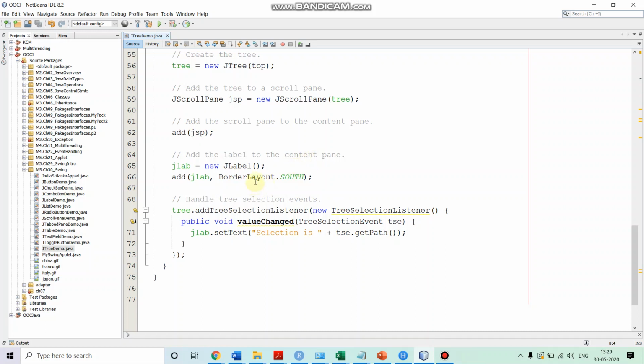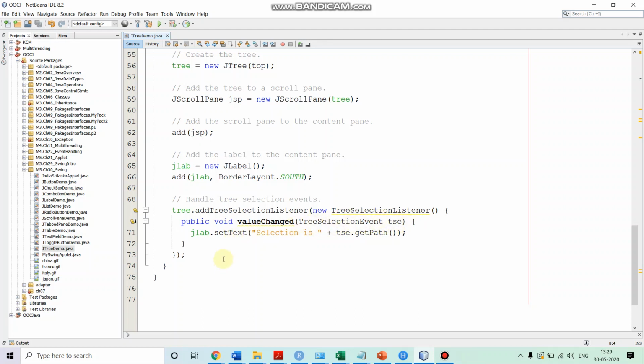Now in order to handle the tree selection event whenever a tree node is selected, we call the method addTreeSelectionListener on the tree, and we create a tree selection listener, and in that we implement the valueChanged method which takes a TreeSelectionEvent object as a parameter.